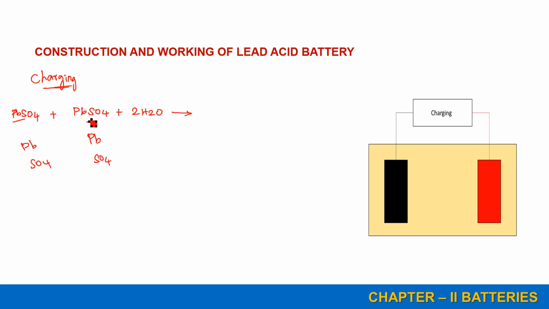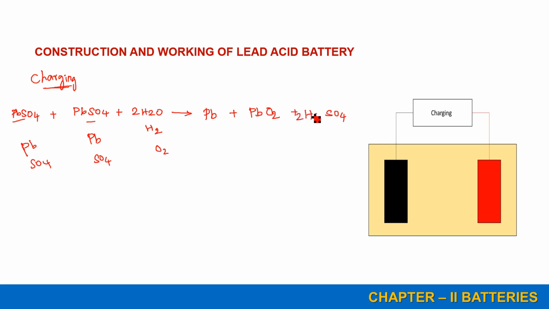Here also lead sulfate will be split into two components. Here also your H2O is split into H2 as well as oxygen. So your cathode will be sponge lead, as well as your anode will be lead peroxide,